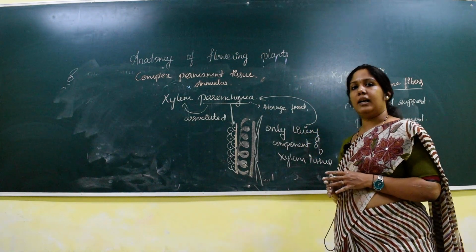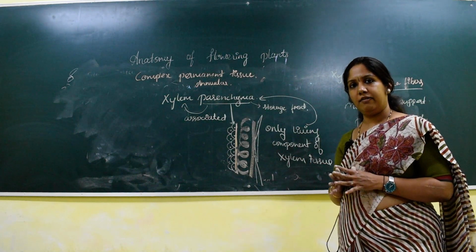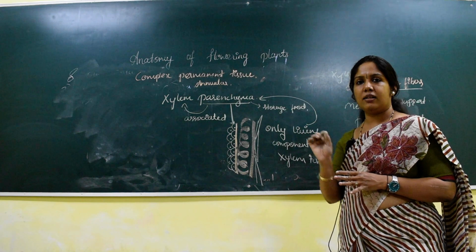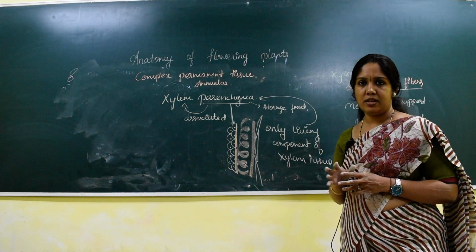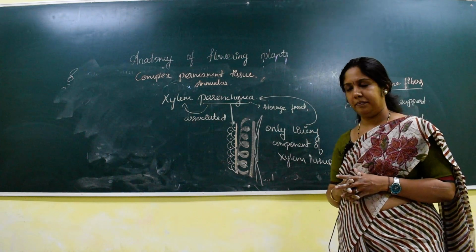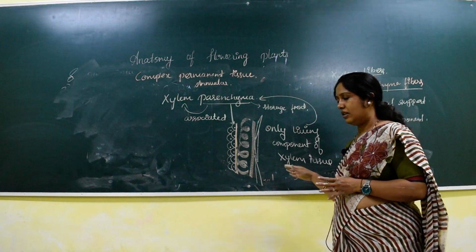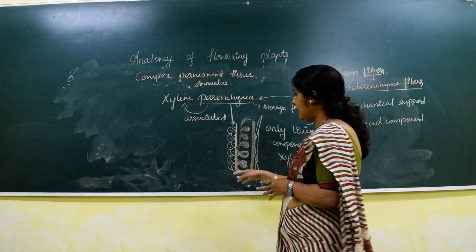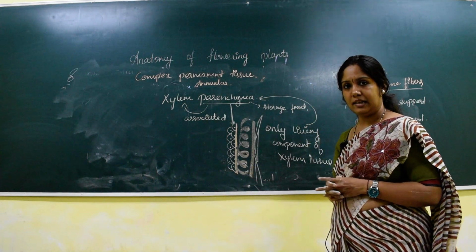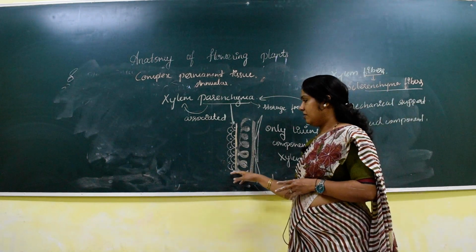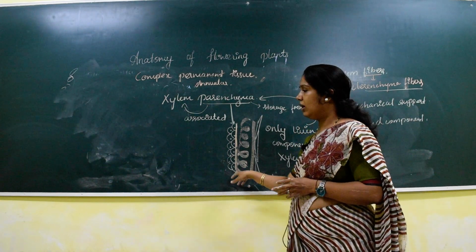And the last is pitted. The entire lumen of the vessel is completely lignified, and in certain regions the lignin is not deposited. That results in the formation of pits, and that itself is called pitted. So this is about the vessels. Parenchyma is a living tissue, and if this parenchyma is very close to the xylem vessel, then it is called xylem parenchyma. It is mainly storage or nutritive in function, and this is the only living component